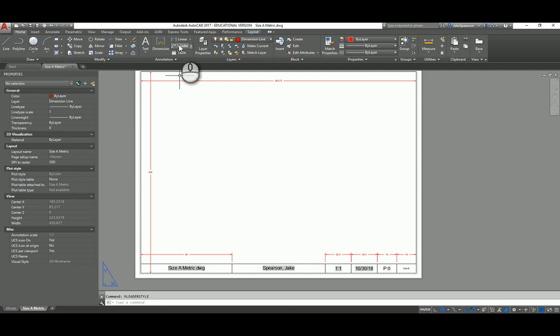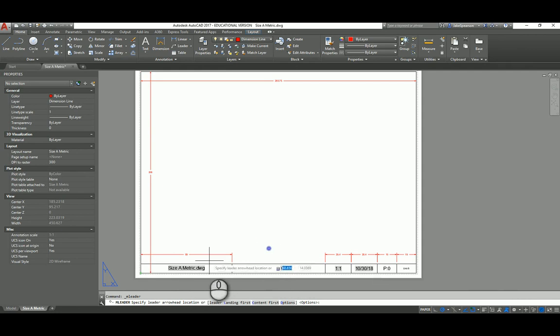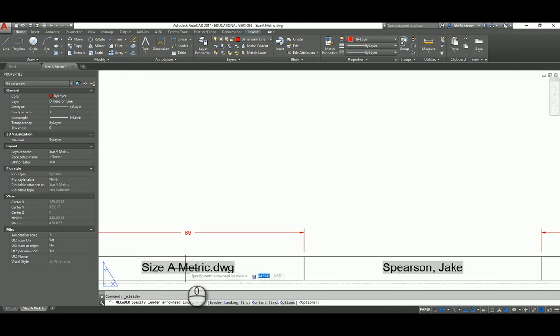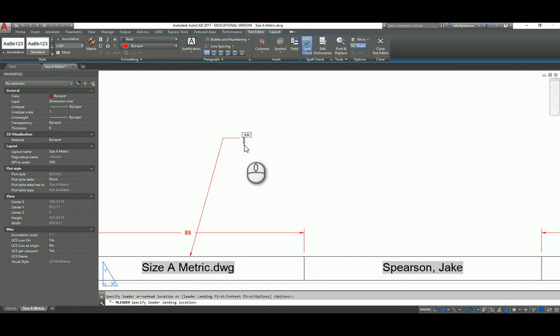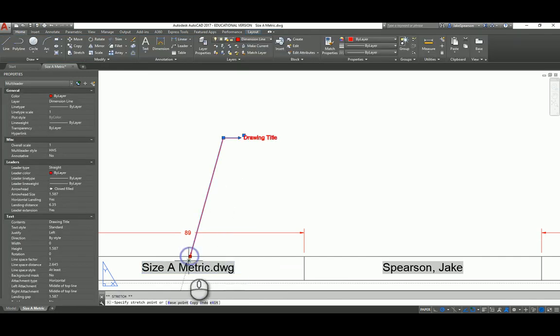Okay, I'm going to go to leaders, and I notice it's not letting me select my text. So I'm going to go down to my snap nodes and change this to nearest. And now I'm going to be able to select. And you need to type in what it tells you to type in. The only way I'm able to know that is by simply looking at my